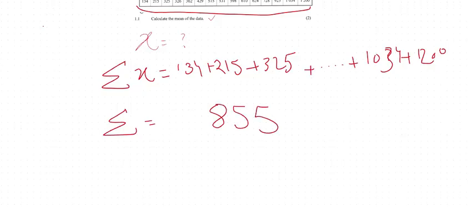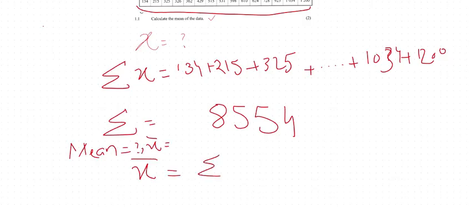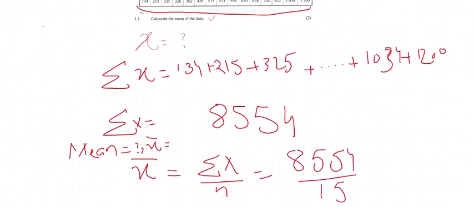Now we have to calculate the mean. The mean equals summation x divided by n. So we have summation x is 8554, and the total number of terms is 15. So I'm dividing by 15. After doing the simplification,